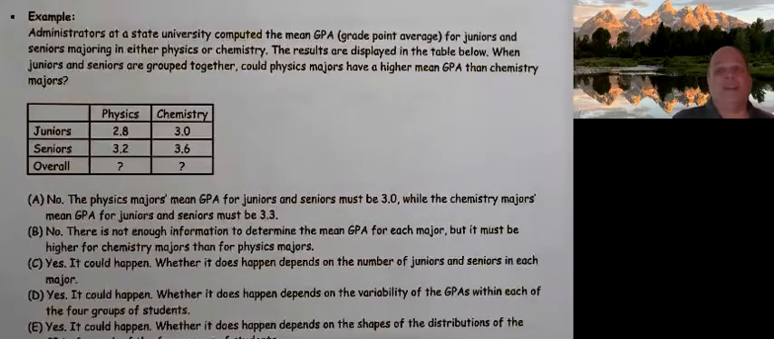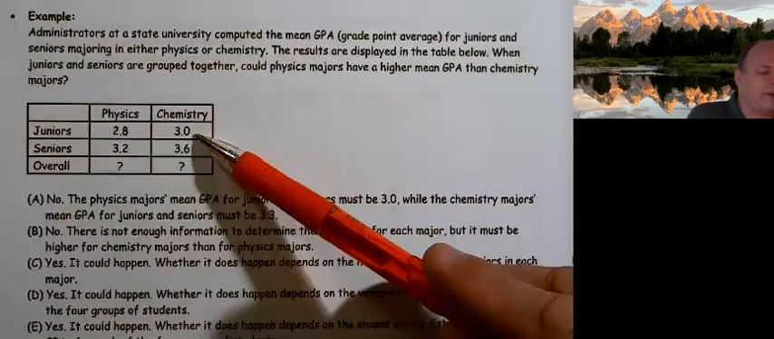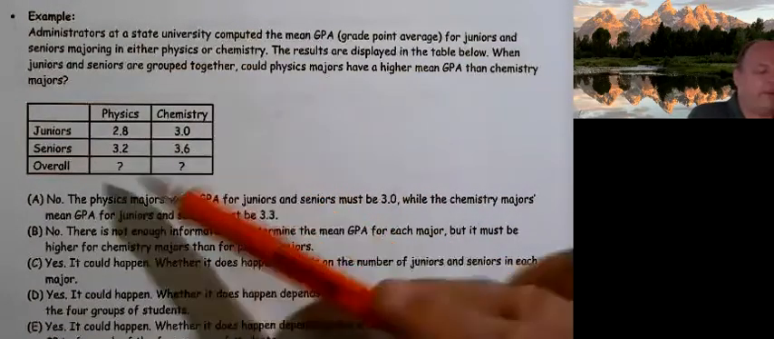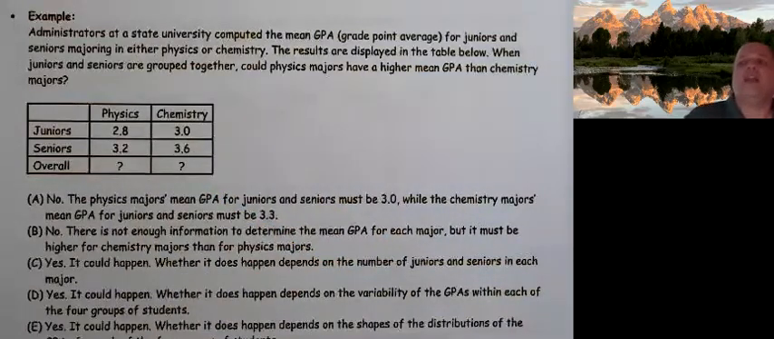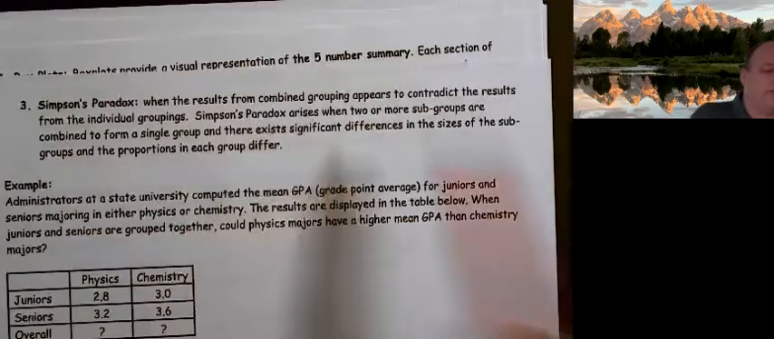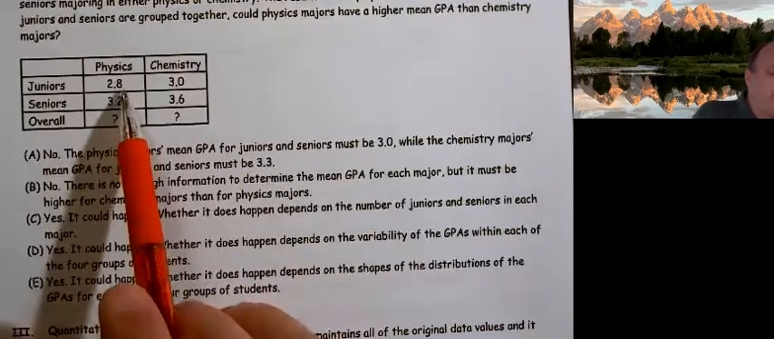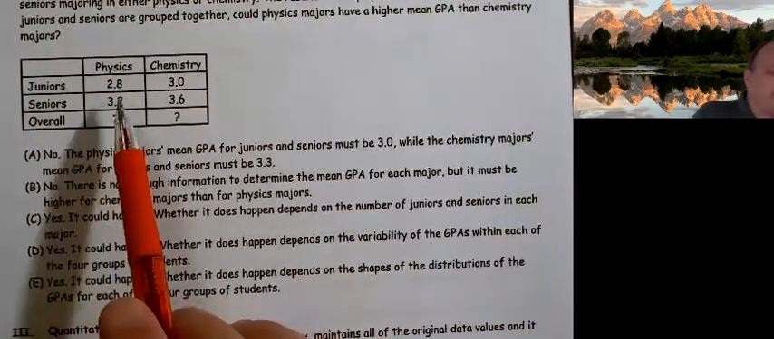Well, when I look at this, my initial reaction would be no. Look, the chemistry majors are doing better as juniors and doing better as seniors than the corresponding physics majors. But then they ask the word, could it happen? It's like, well, maybe. It depends on numbers. And basically that refers to Simpson's paradox, which is mentioned directly above it. When the results from combined grouping appear to contradict the results from individual groups, all right? And basically, if all of a sudden we go, hey, physics actually had a higher